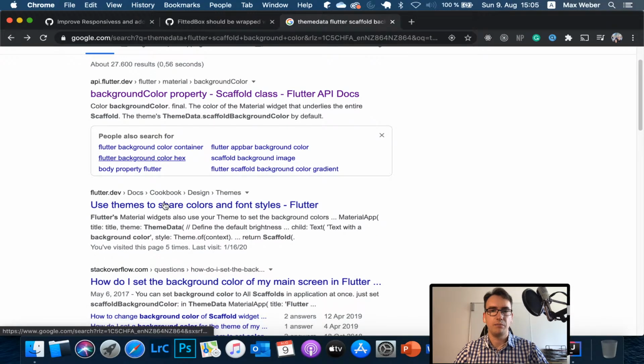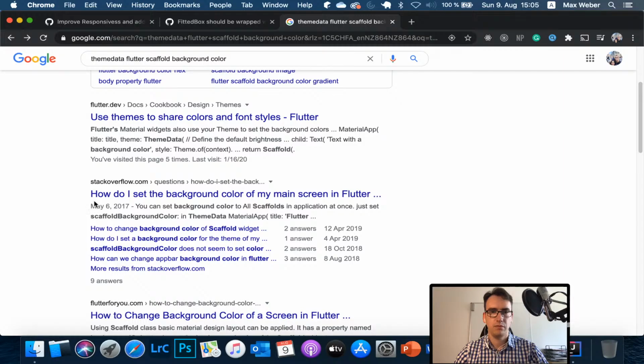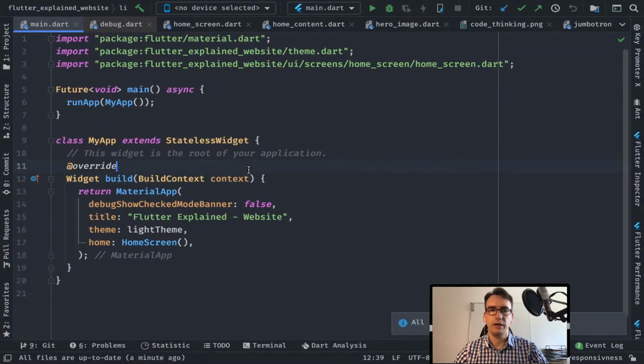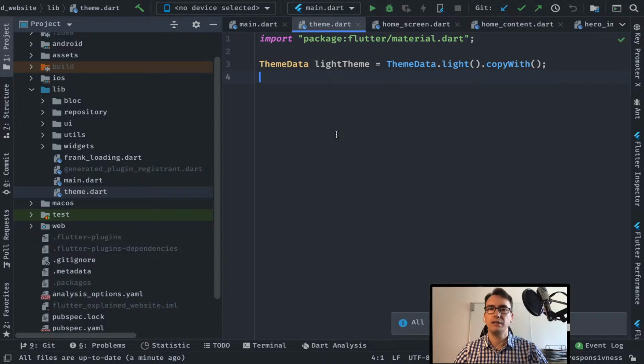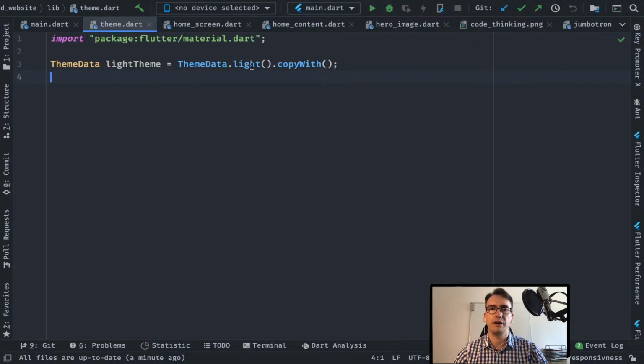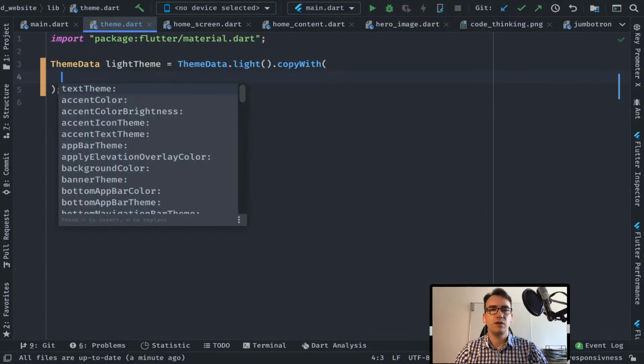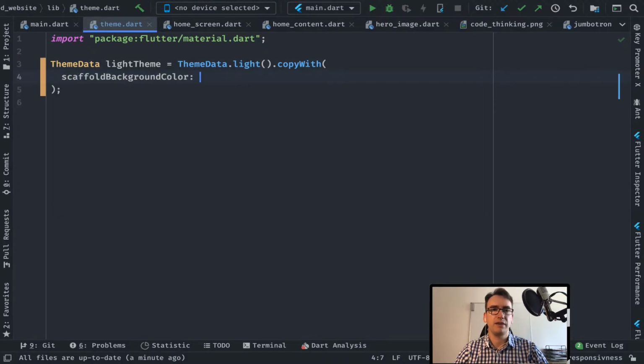This is the background color property. Theme color, scaffold background color, it seems. Okay, let's check that. So if you remember, we have this theme.dart where we currently use that light theme part. And here we have a lot of copyWith stuff. And inside of this copyWith, we find maybe a scaffold background color, which is in our case Color